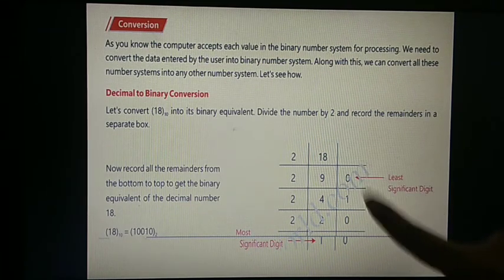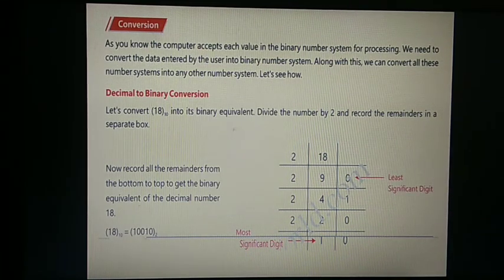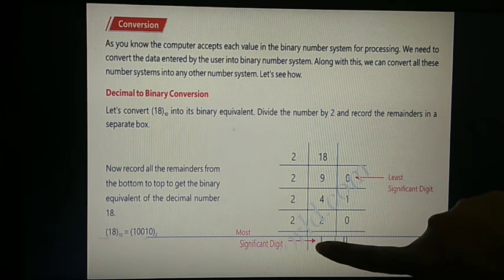Okay, then when you are writing your answer after your binary conversion,